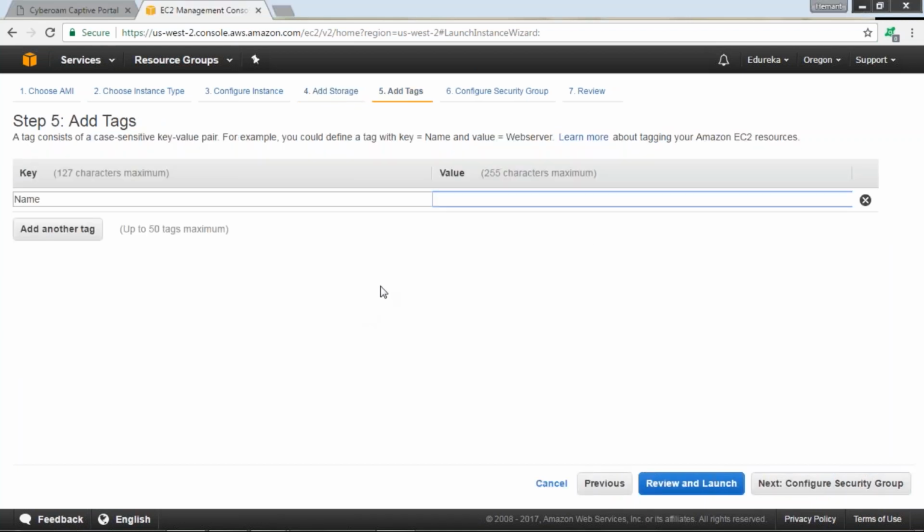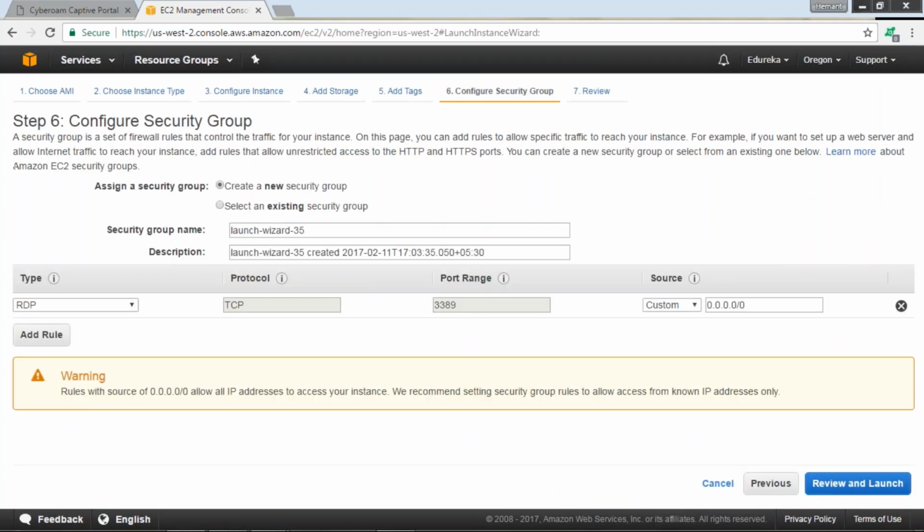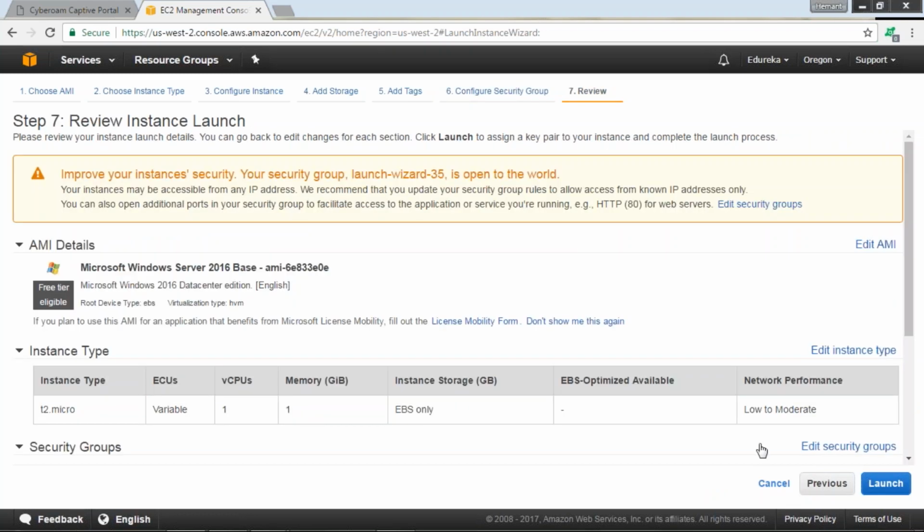Now you'll be asked to enter a value. This value is basically the name that will be reflected in your EC2 dashboard, right? You have to differentiate your instance from the other instances, so we will enter a name so that we can recognize this is a Windows instance. Let's give it the name Windows Demo, right? Let's now click on next. So let me launch a new security group, because you guys will also be creating a new security group since it will be your new account. Let it be at the default value and click on review and launch.